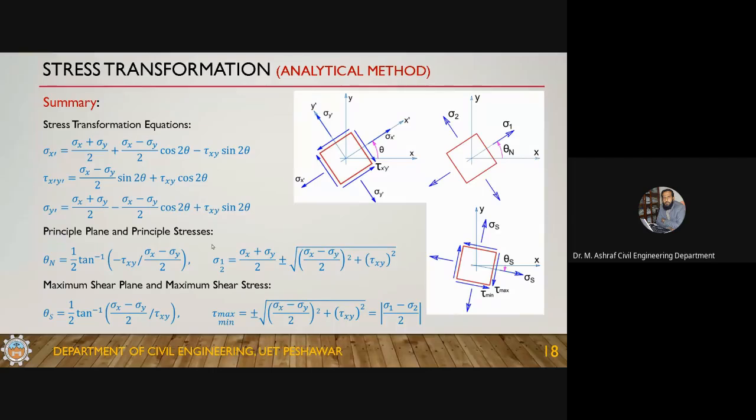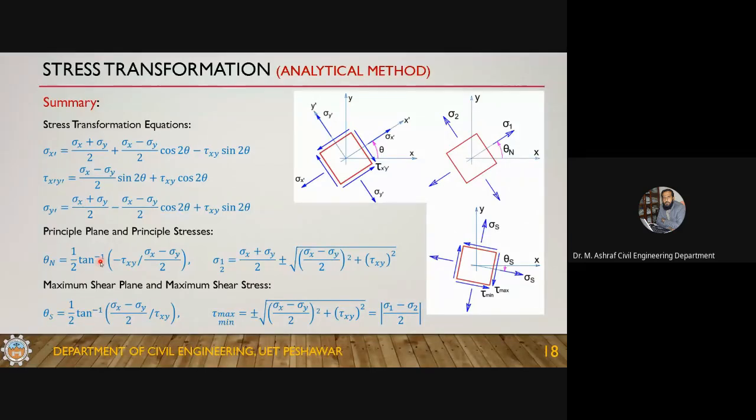So you will have to follow the tensor rule, and these are the equations developed for the transformation of a tensor quantity, which in this case is stress. Okay, so we developed these expressions for the transformation of stresses, and these analytical equations calculate stresses at some inclined orientation. And these equations are developed to get the principal stresses and the principal plane,